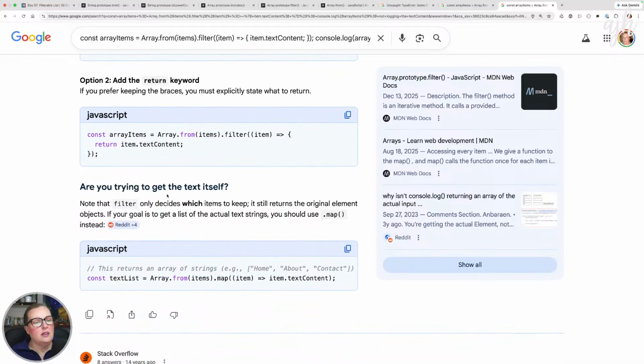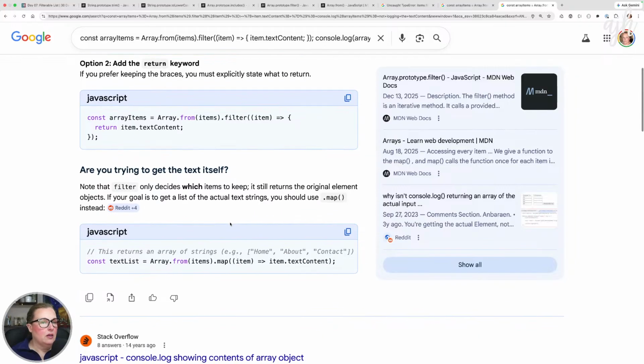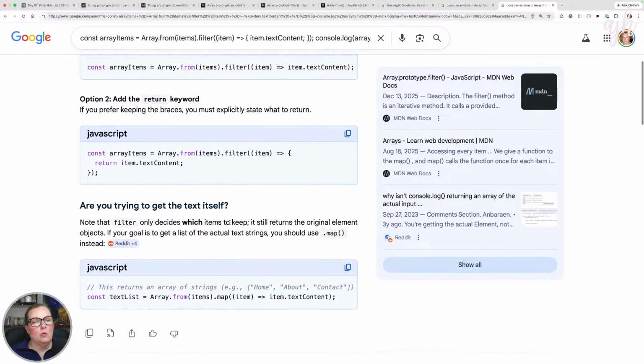Okay, are you trying to get the text itself? Note that filter only decides which items to keep. It still returns the original element object. If your goal is to get a list of the actual text strings, you should use map instead. Okay, so